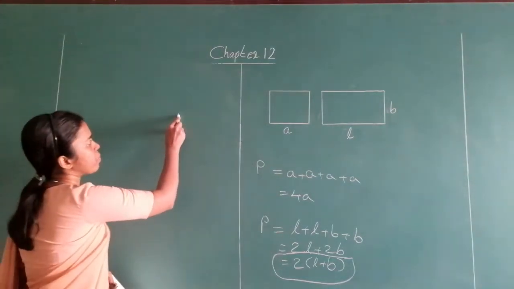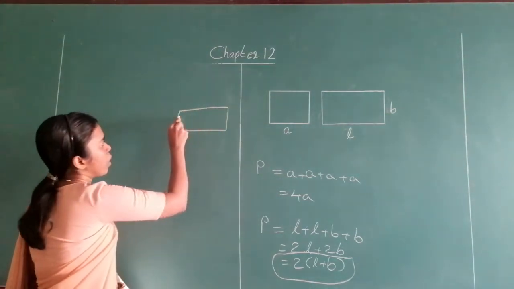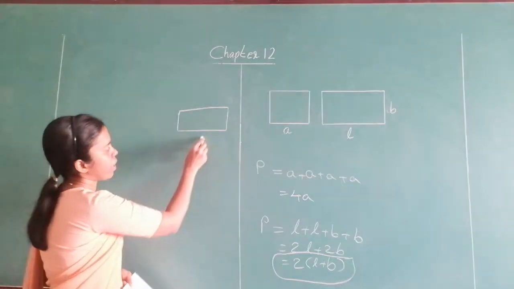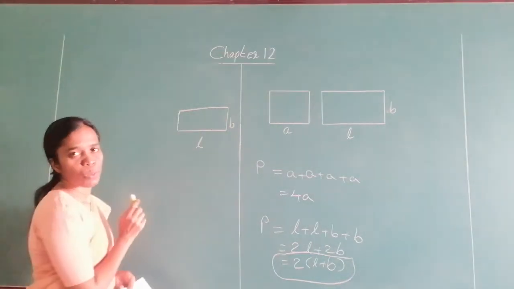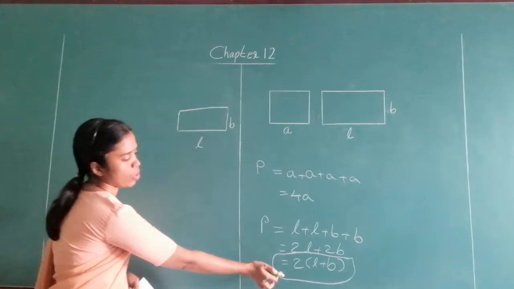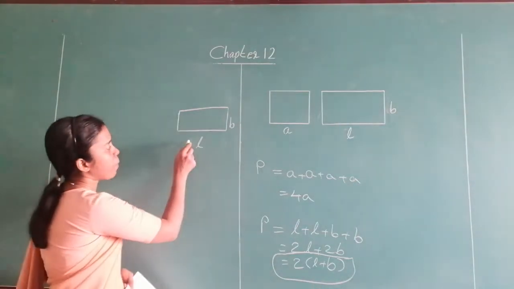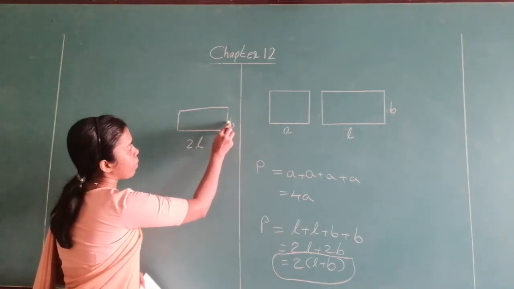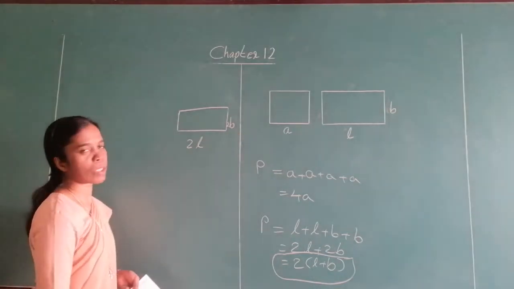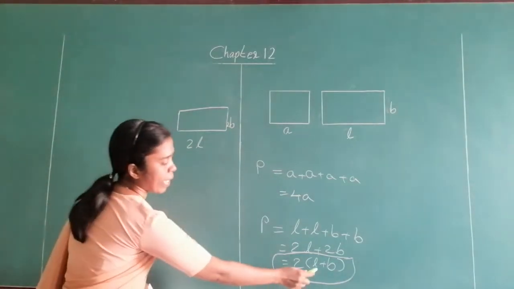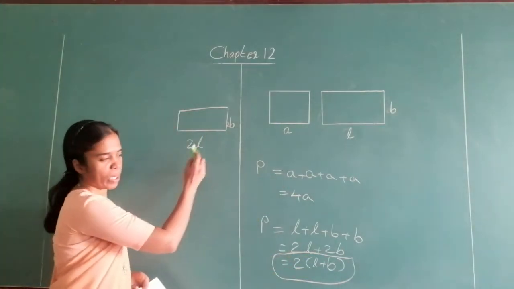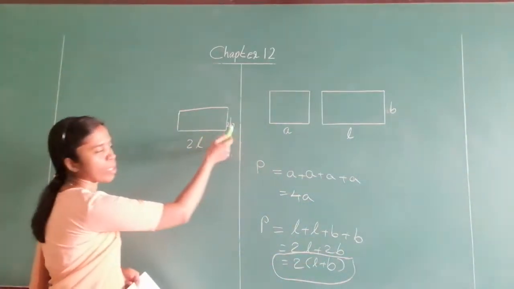We have a rectangle. Okay. Normally what is the length? This is L and this is B. So what is the perimeter? Perimeter is equal to 2 times L plus B. Now what when they have double the length and double the breadth. So 2L plus 2B. So wherever you have L, you have to substitute as 2L. Wherever you had B, you have to put it as 2B.